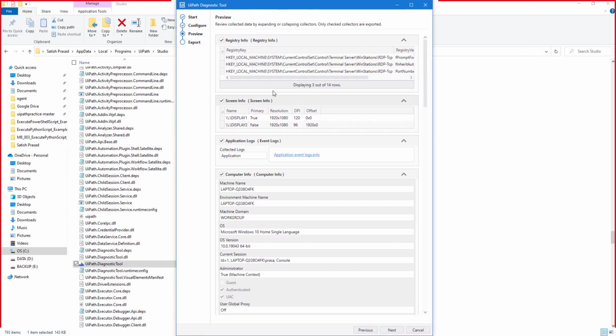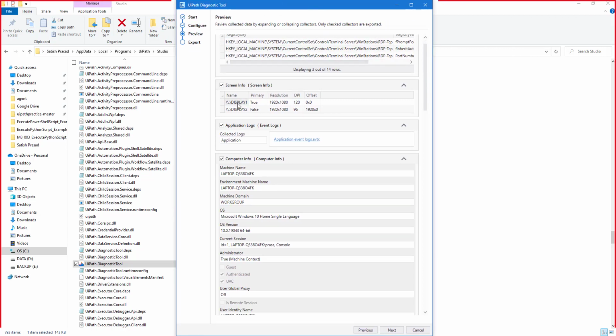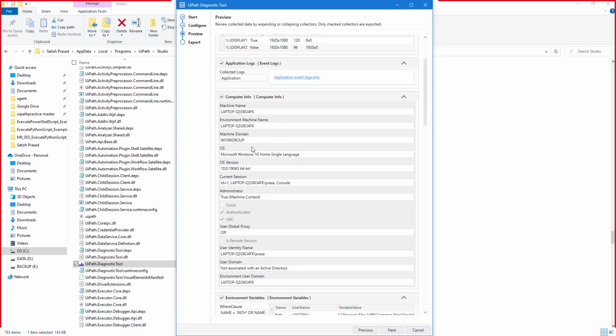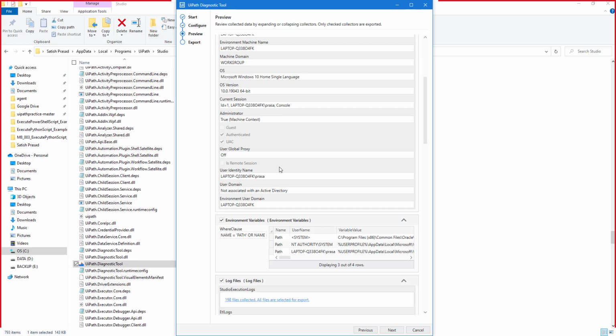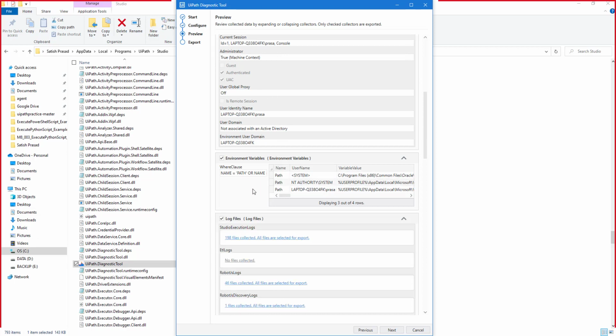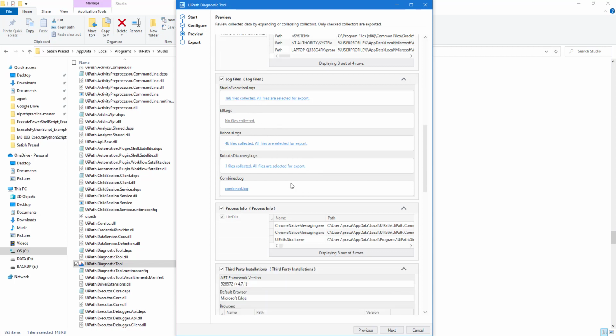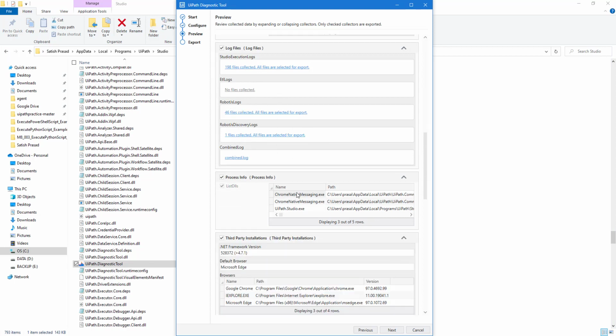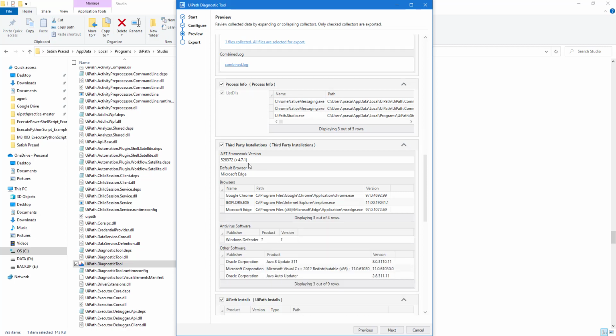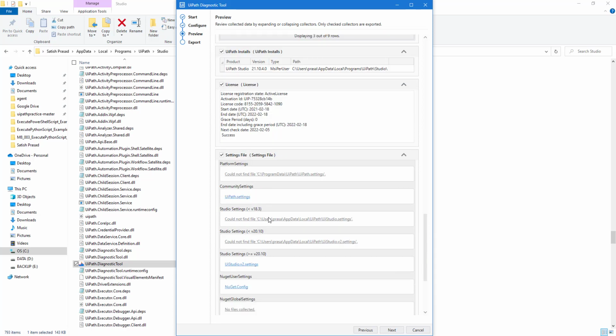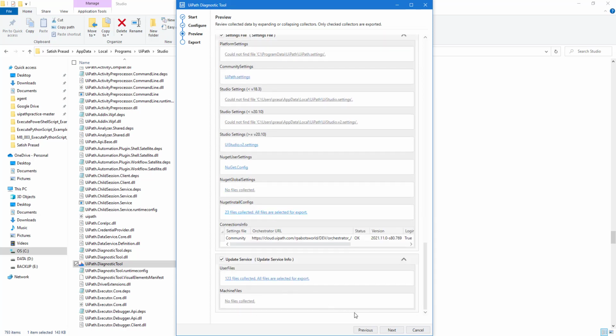It will give you all the registry values; if you are using multiple screens, the resolution of those screens; machine details; the current session; the paths where UiPath has been installed; studio execution log, ETL logs, robot logs, discovery logs; and the DLLs which are used, because sometimes the issue could be due to a DLL, especially when you are using Chrome. Sometimes Chrome does not communicate with UiPath Studio. So all this information will be captured.